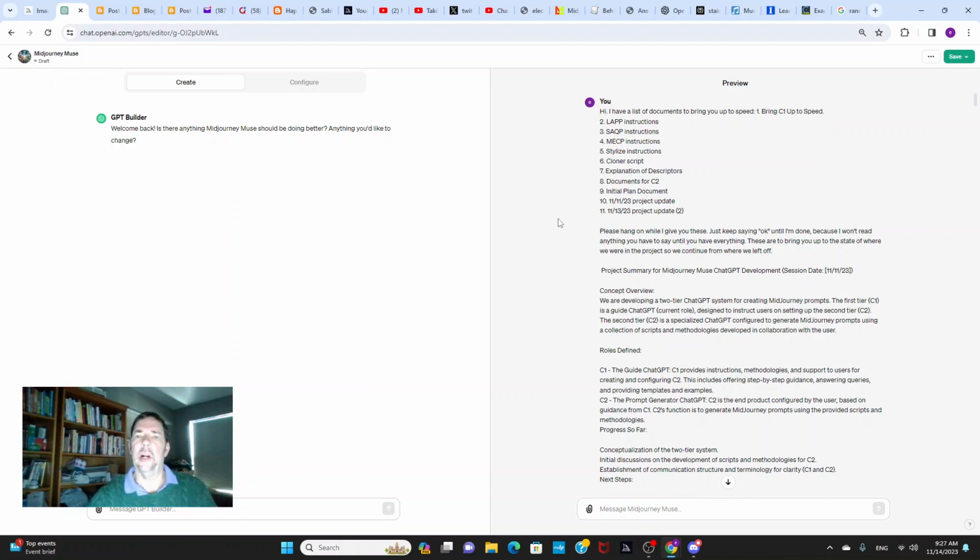I want to talk a little bit about ChatGPTs in general. So you have ChatGPT, which is the standard ChatGPT, that has custom instructions of 1,500 characters. And that was developed, I guess it's been about 2 or 3 months, which was a great improvement to the model because before that time,